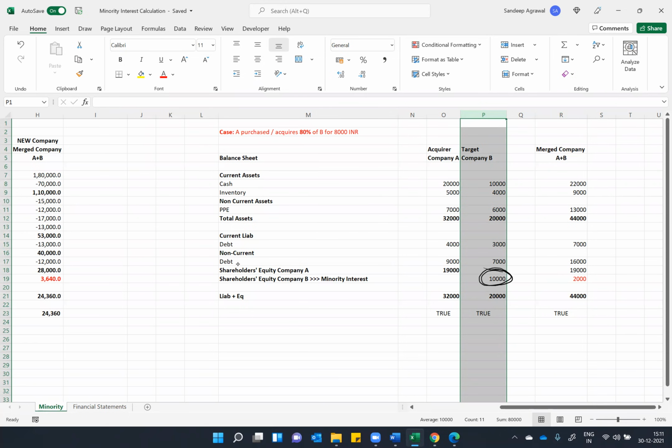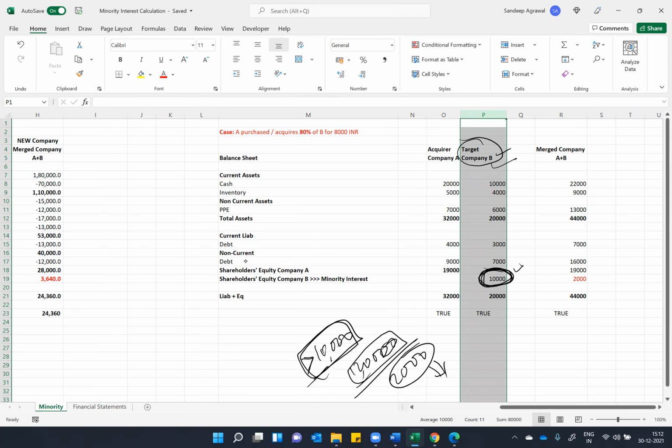So this is the total net worth or equity, you can say. So this is 10,000. By chance, if you are paying more than the total equity of the company, more than 10,000, let's say you pay 12,000 to buy 100% of company B, whatever extra you are paying, which is 2,000, will be shown as